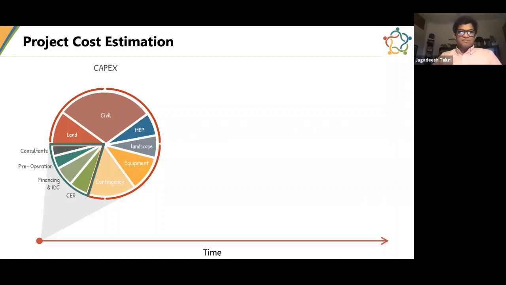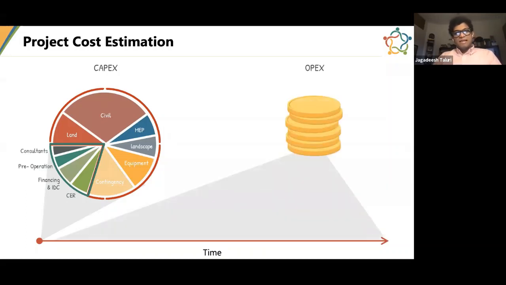Every project has capital cost, which is divided into hard costs and soft costs. Whether it's land, civil, MEP, landscape, equipment, and the contingency fund. These are called hard costs, where all the money is used to doing something on the site which you can see with your eyes. The soft costs are the things which are behind the scenes, whether you are paying for